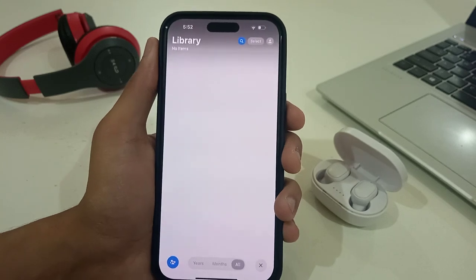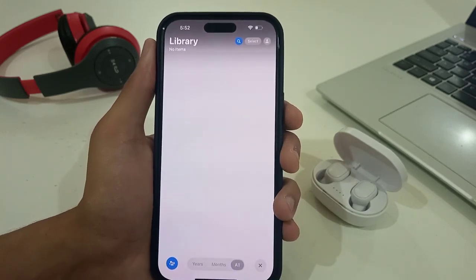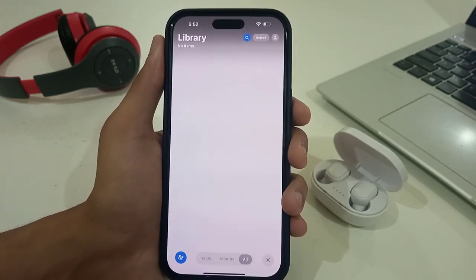In my case, I don't have any photos shared with me by anyone. So that's how you can